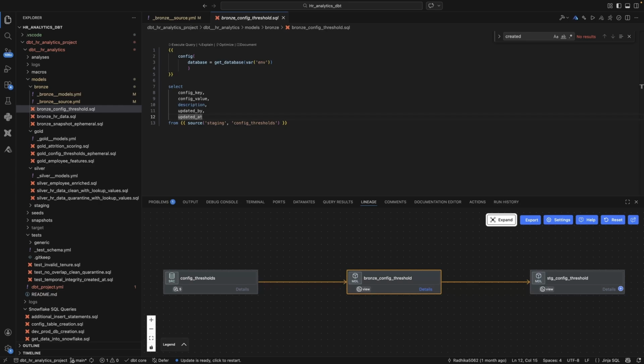So this is why it is important to document your sources as well. As best practice for source, I would say that document at least the top level sources and the critical columns. You don't have to document every metadata or every small column. Think about the columns that your stakeholder is going to query. They're going to want to know what this column means, what this model means, or what this table means,